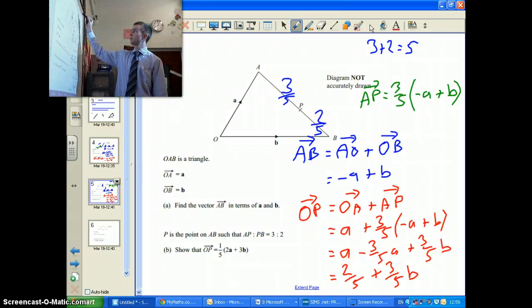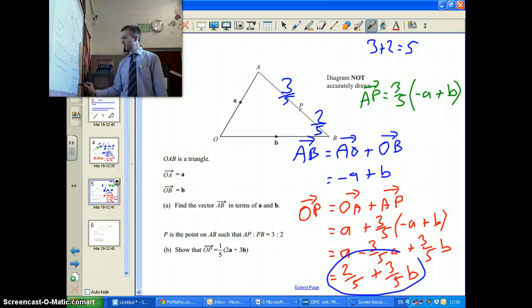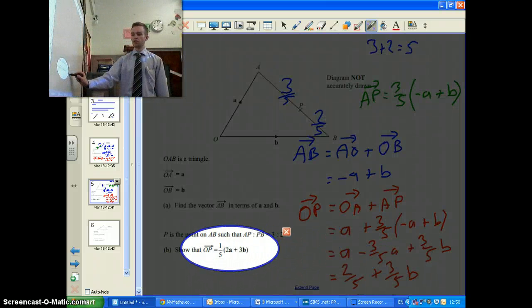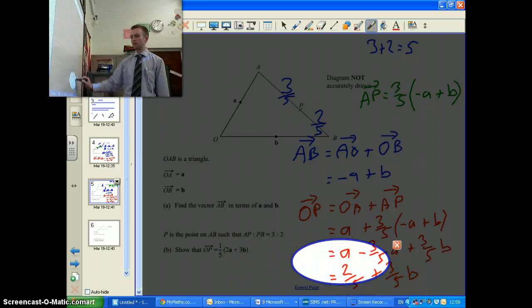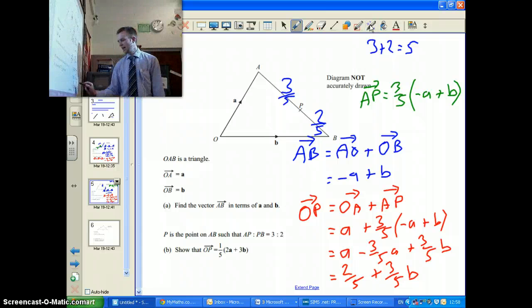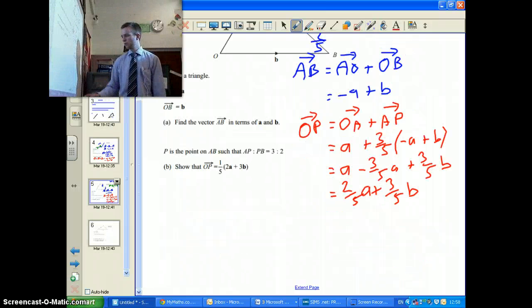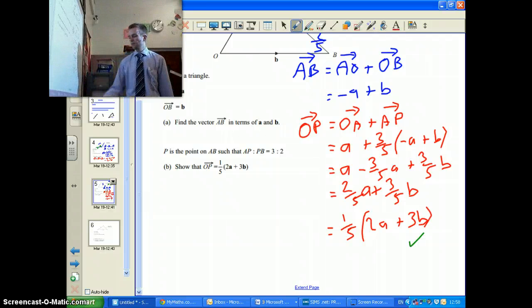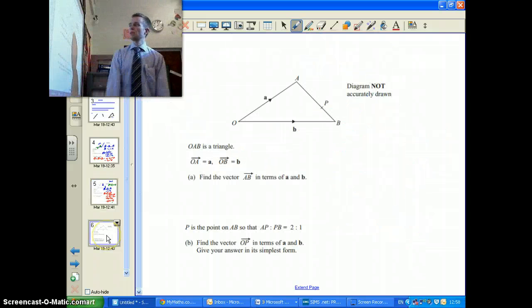and I'm almost done, but all I've got to do is get from this expression here, and show that it is equivalent to this one here, and hopefully you can see all they've done is just factorise it to take a 5th out of the bracket. So I'm going to end up, oh, just realised I missed an A there. Okay, and so all I've got to do here is equals 1/5 times 2A plus 3B, and then I am done. Okay, that's it,